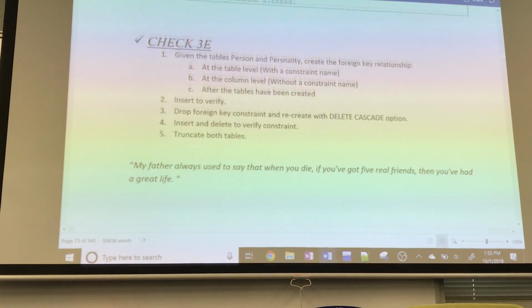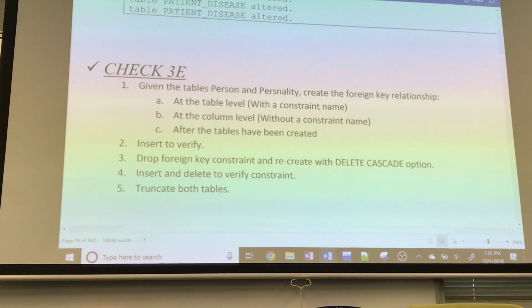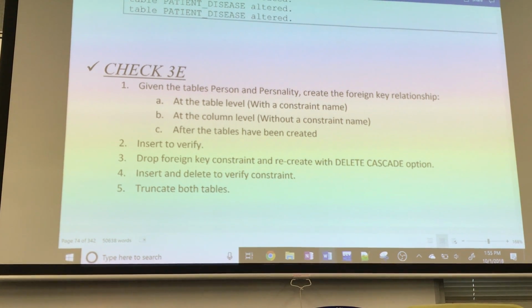Okay. So now, at this point, we need someone to come up and help us out with this. So let's go ahead and get someone who,